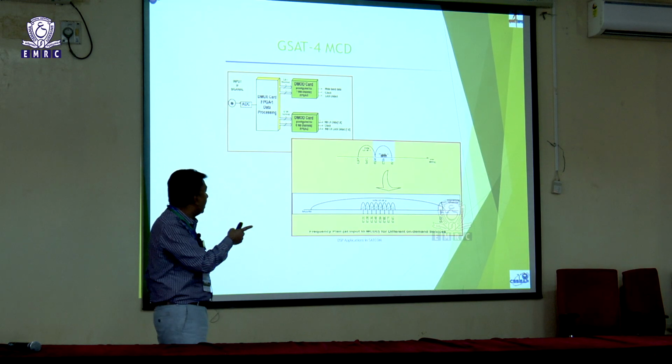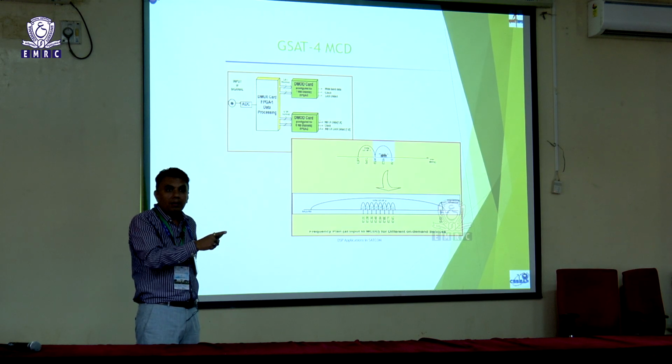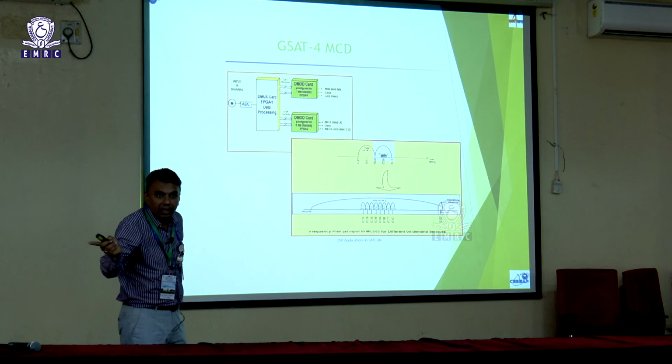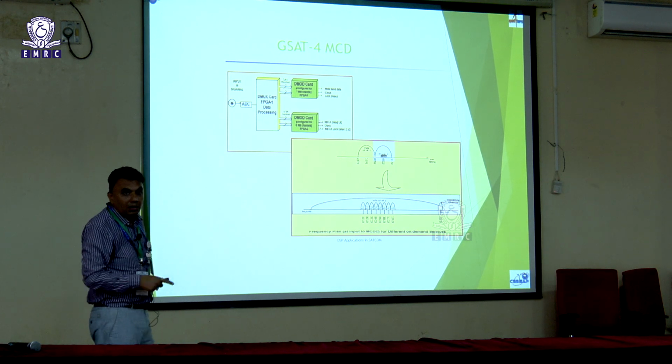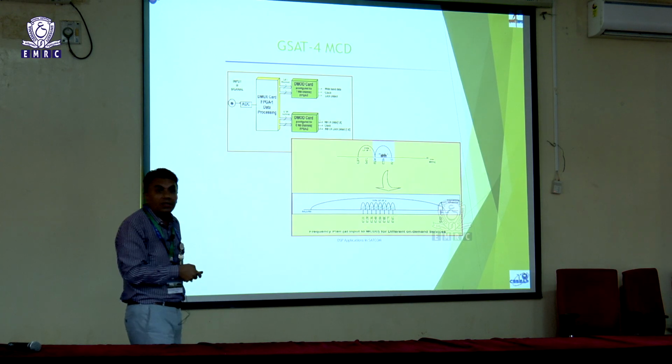So how are they doing it? They have 2 stages of demodulation. First, they do the demuxing, meaning all the carriers which are coming are put onto a common IF, and then the common IF passes through a demodulator card where the data demodulation happens. There we have used all the advanced DSP techniques. This is called polyphase DFT processing.